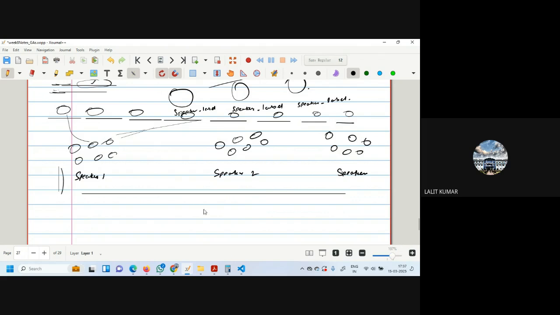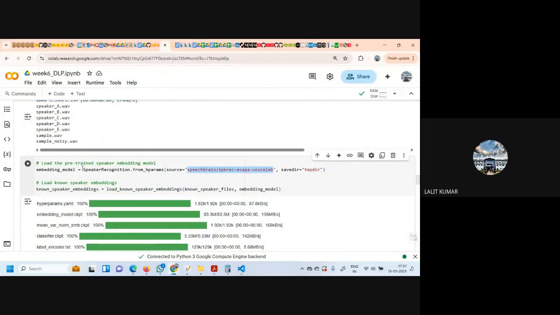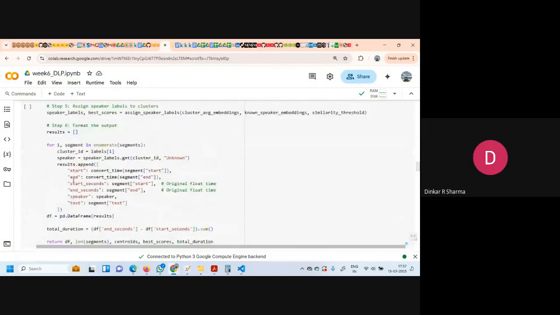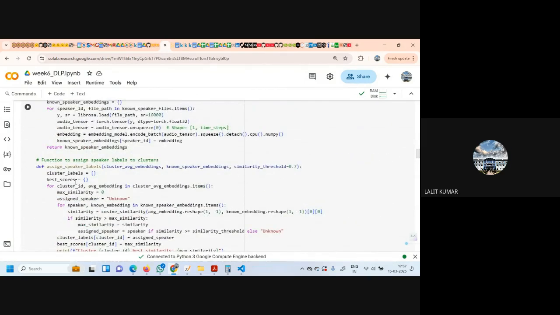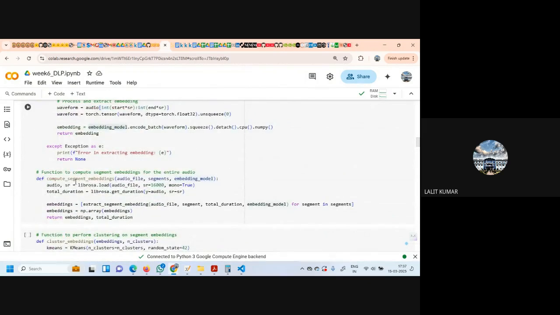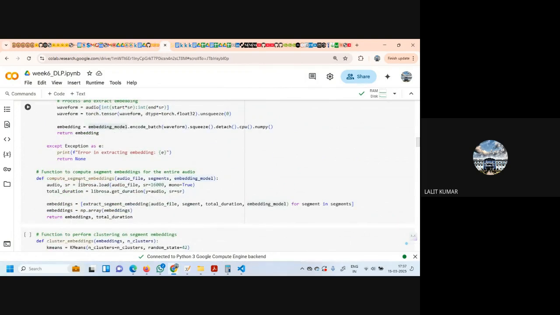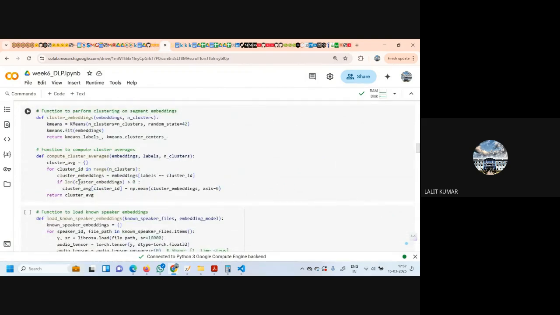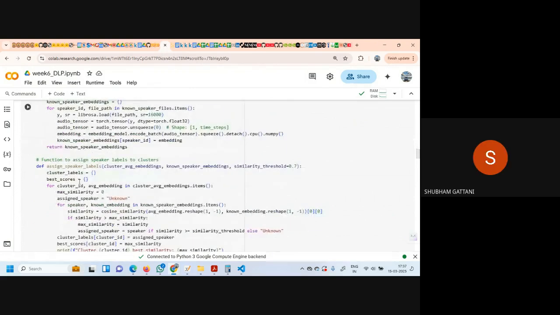And we can also check what the Whisper model is doing in this. We have used a Whisper model also here somewhere. Let's see where. We are using it for speech-to-text conversion. But there is no speech-to-text in week 6. It is not required in week 6; only classification was required.